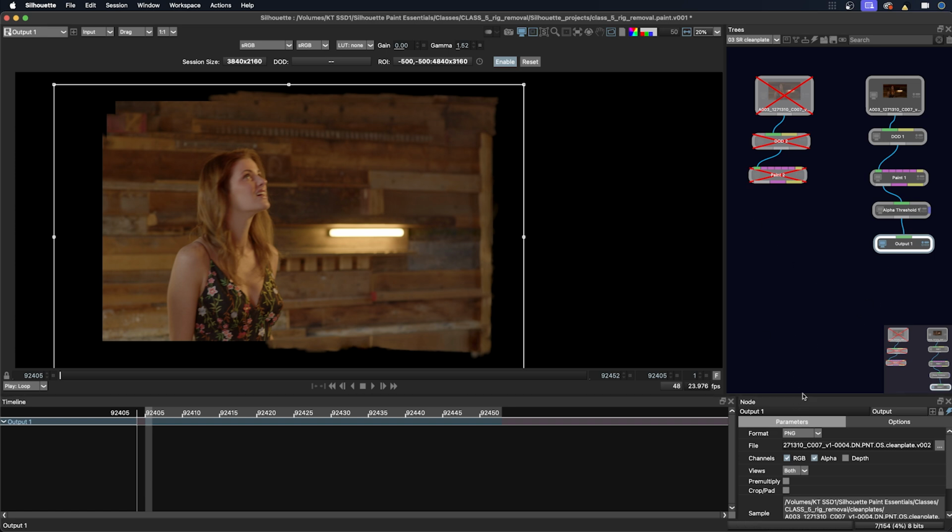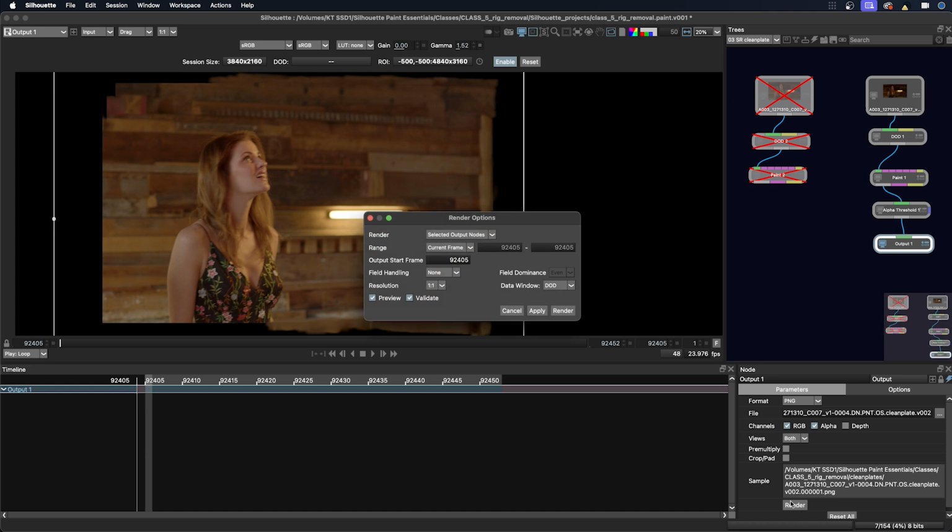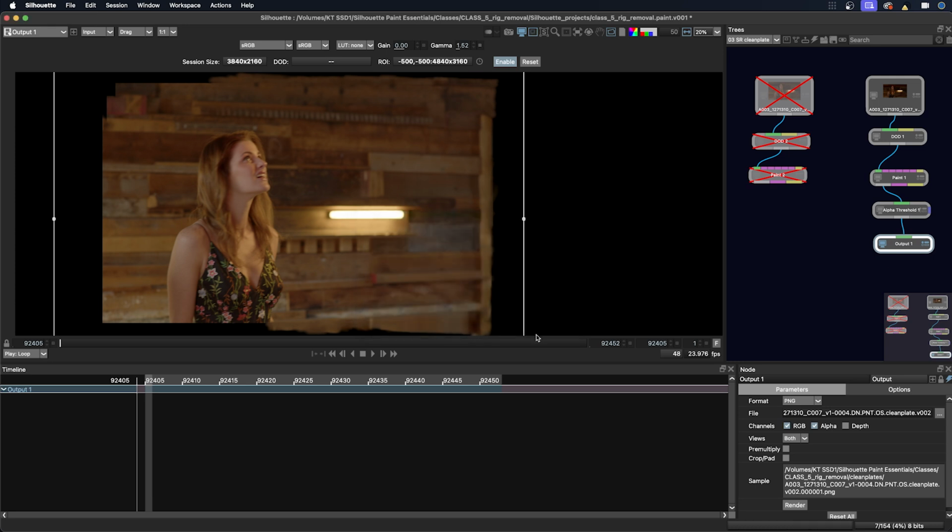And the one thing to remember when you're rendering is that you make sure that you have everything selected correctly. But in the render box, you have to make sure that the data window is set to DOD. And then you also have to make sure that if it's a non-EXR frame, that you uncheck crop pad in the render node itself. So then we just render it out and you'll have an oversized clean frame. And the last thing to select is that you just want the current frame. You don't want to render out all the other frames. So we'll just cancel that and we can go back to the rest of our shot because I've already rendered it out.